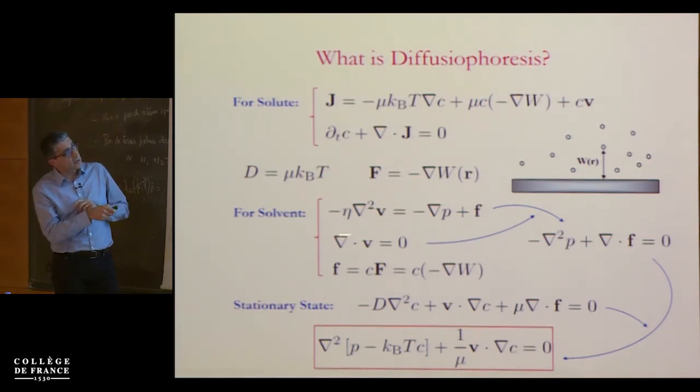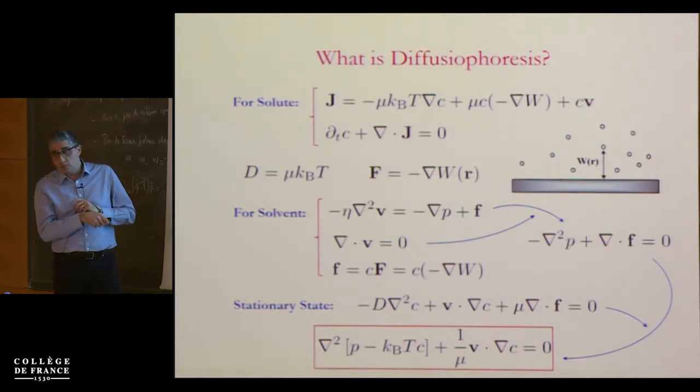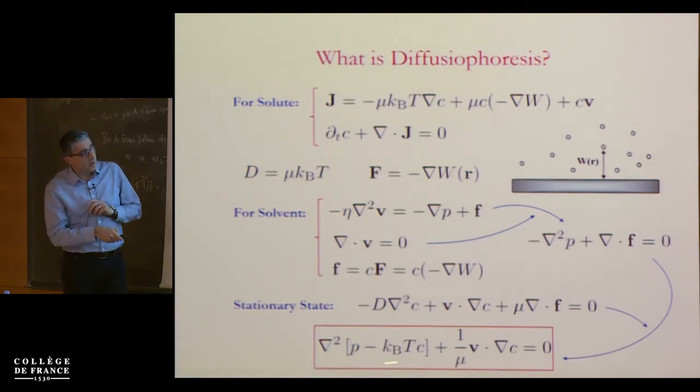And then the Stokes equation, which essentially is conservation of momentum. It has in it hydrostatic pressure and a body force, which again will come from the interaction between the solute molecule and the surface. And if you solve these equations together and introduce the incompressibility, you can somehow find a condition between them